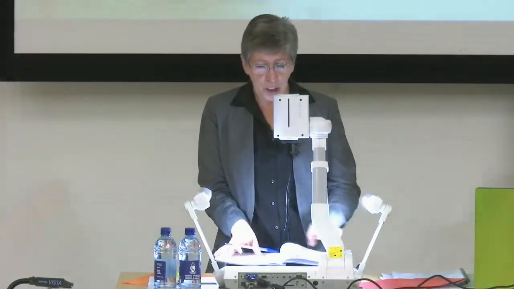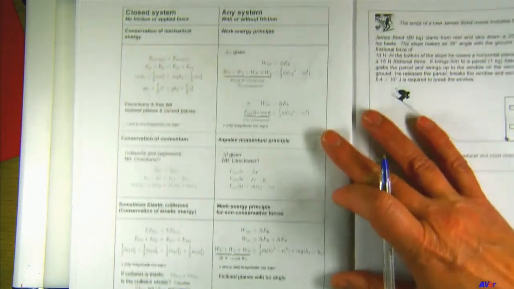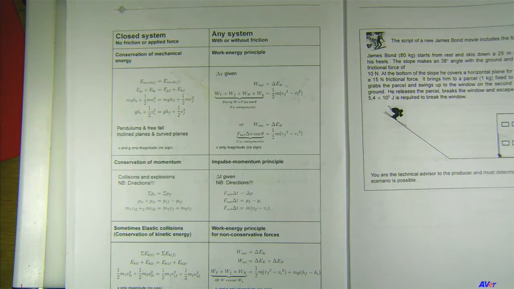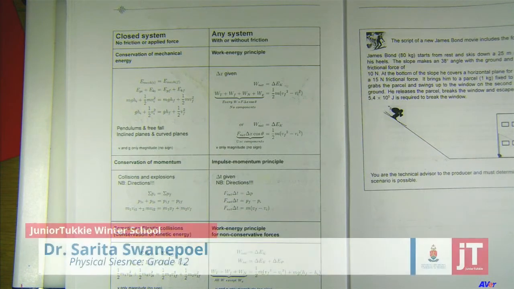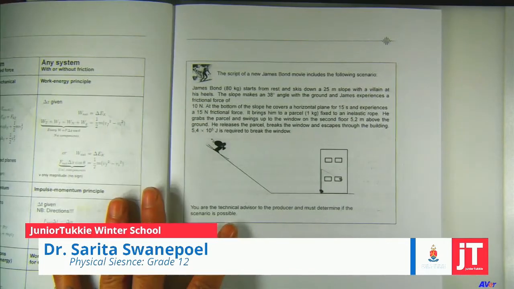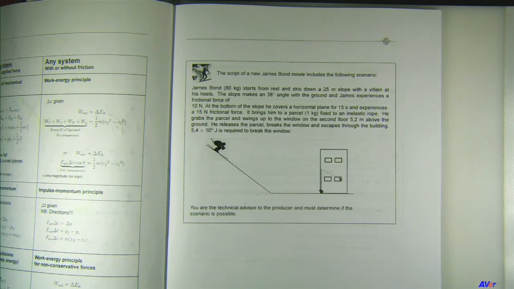And now I want you to look at page 14. Page 14. Now we're adding momentum to the mix. Now what we like to do is, if you look at the opposite page on page 15, we're going to do this question soon. And this type of question is where they tell you things like, James Bond starts from rest and skis down